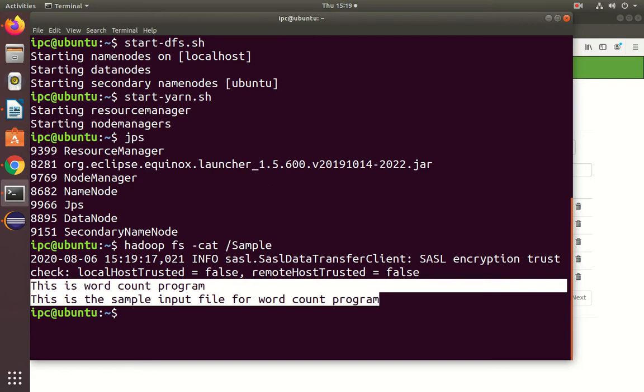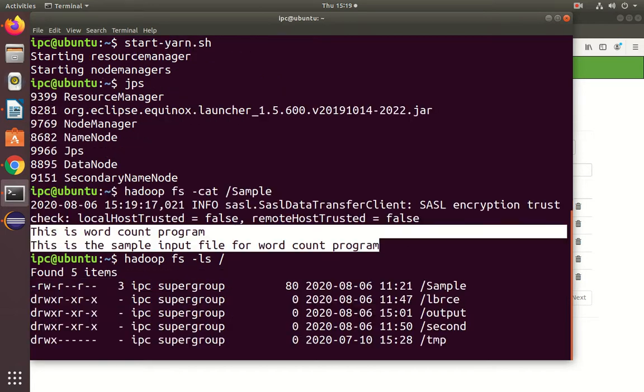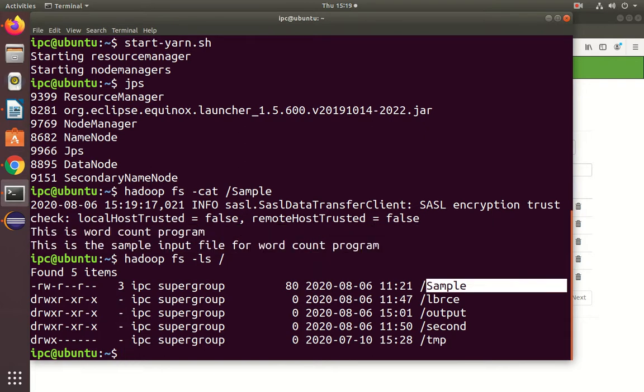This is a sample input file for word count program. And next hadoop fs -ls /. See, this is my sample file. These are the directories lbrce, output, second and tmp.